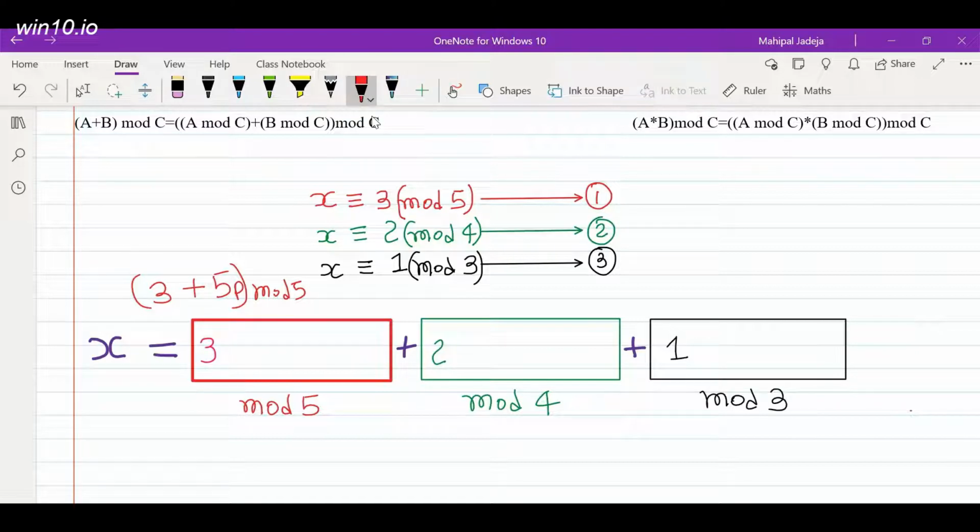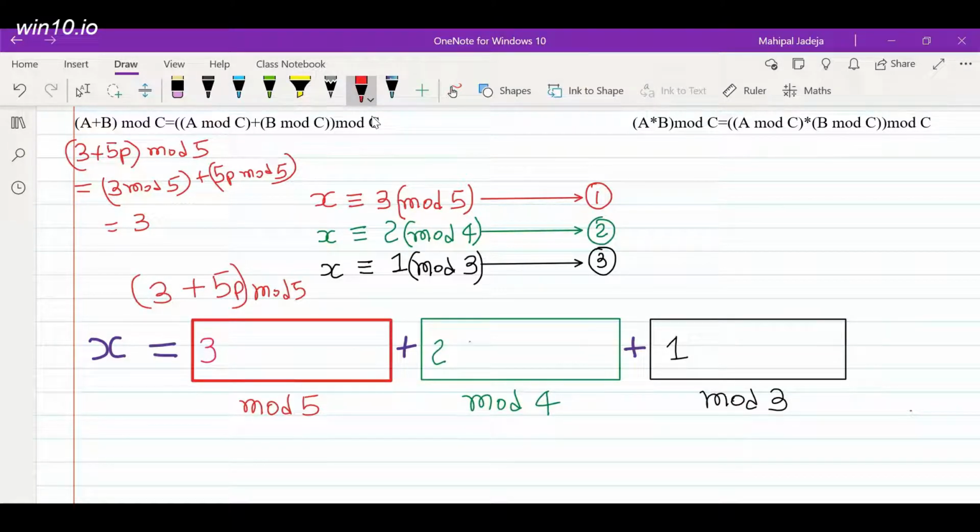So the idea is, let's say a is 3 in our case, b is, let's say, a multiple of 5, and then I want to perform mod 5. From this simplification, I can straight away write the answer will be 3 mod 5 plus 5p mod 5, which is nothing but 0, because if we consider a multiple of 5 and then take the remainder, then the remainder will definitely be 0. So the final answer will be 3. So the trick is, instead of adding any numbers, if we add a multiple of 5 with respect to equation 1, then our final answer will survive, right?